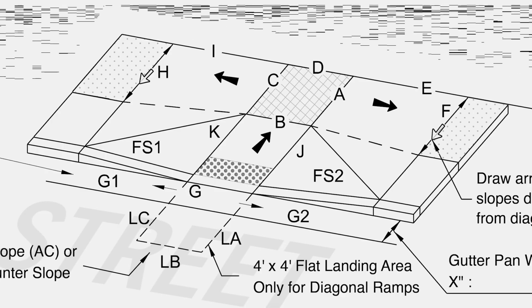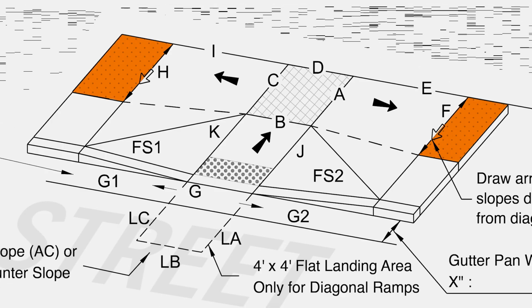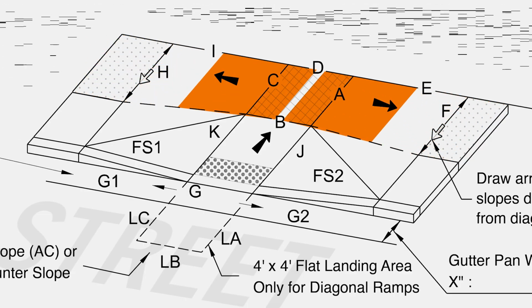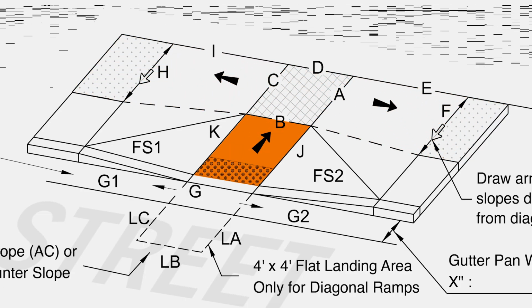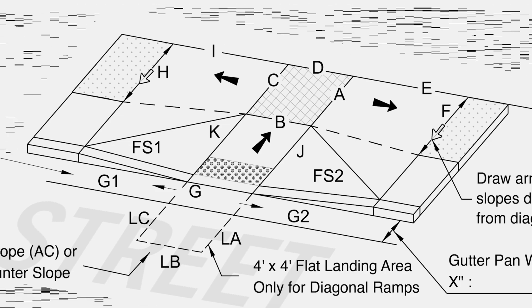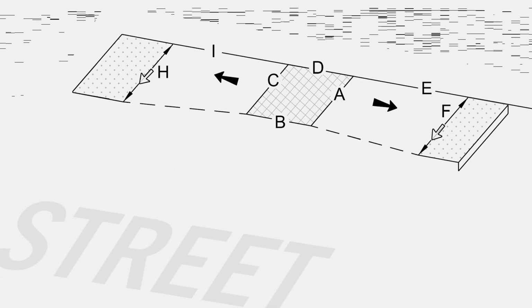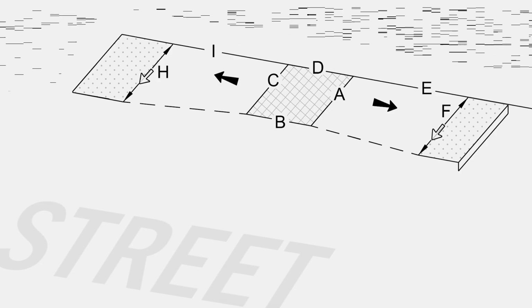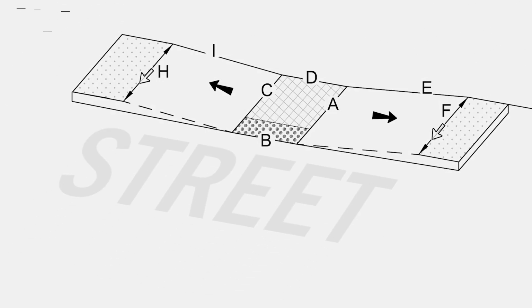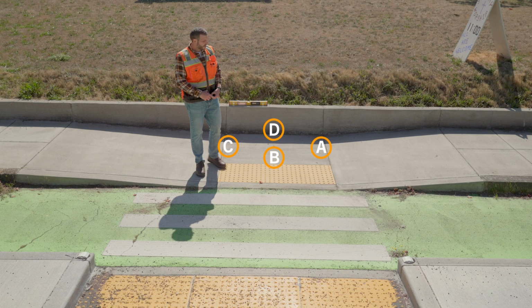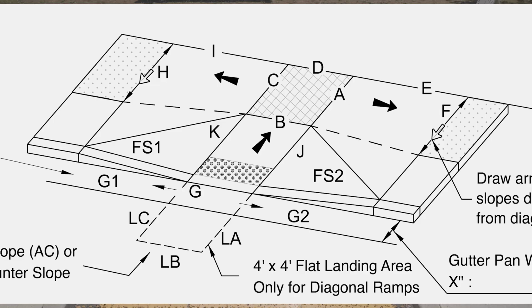Here's what I mean. Most ramp styles feature a ramp down from the sidewalk to a flat landing area, and then another ramp down to the street. Parallel ramps are the same, except they don't need that final ramp down to the street. That flat landing is already at street level. So for a parallel ramp, K and J don't exist. And that first landing, A, B, C, and D, is still a landing, but it's at street level. So when you're measuring a parallel ramp, you fill out the form exactly the same way, only without the J and K measurements.